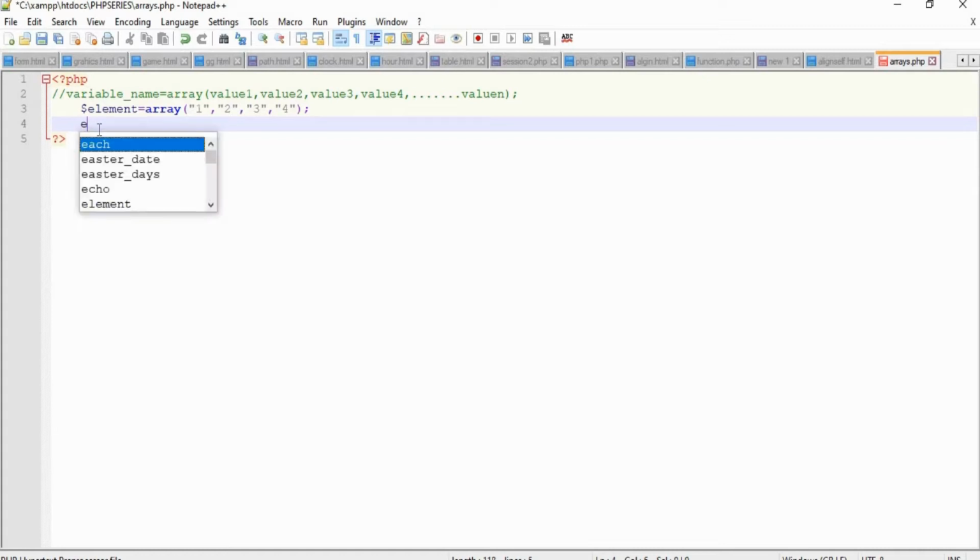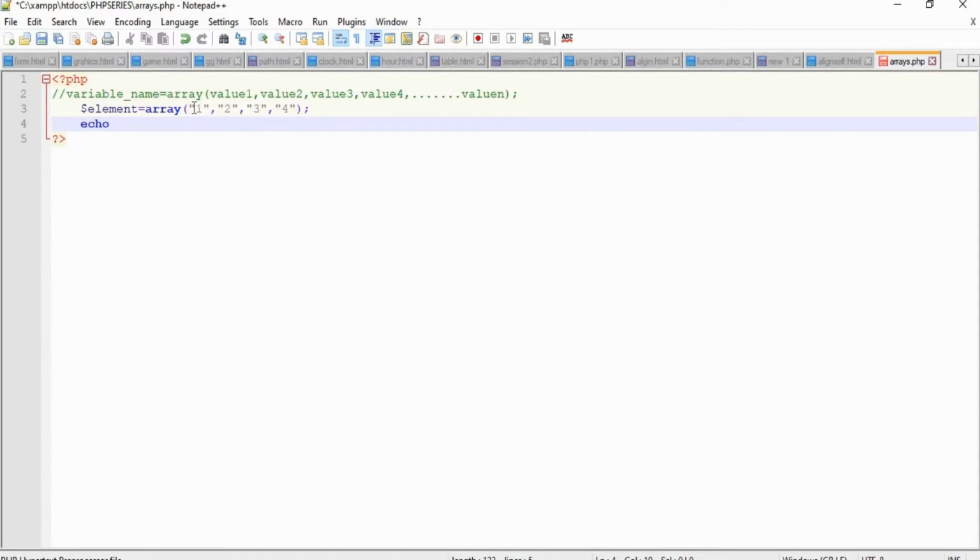Here, to print, we can use the echo keyword followed by the particular index. Array index starts from 0, 1, 2, 3 and goes up to n.